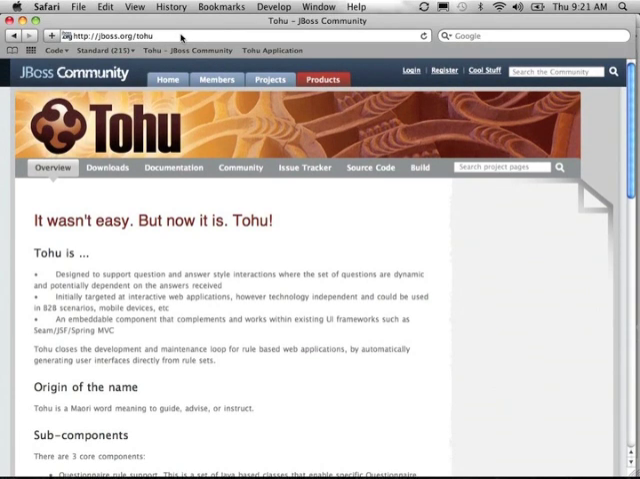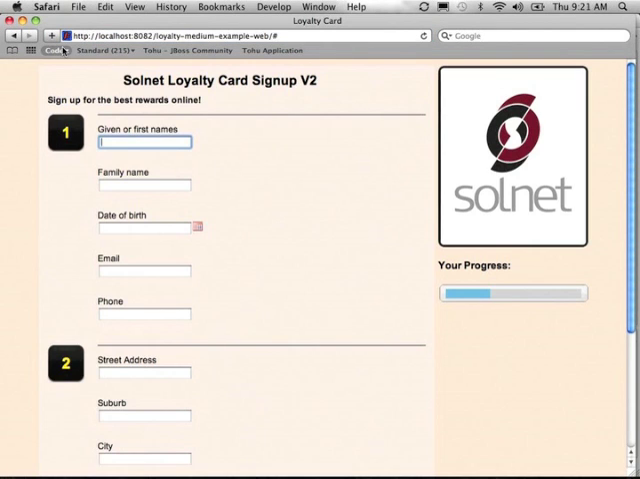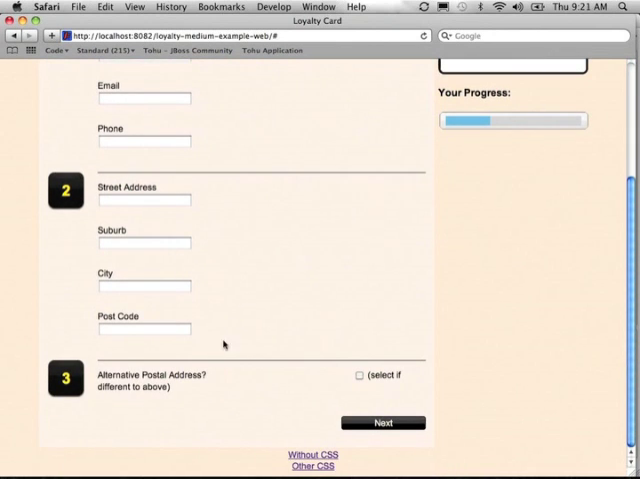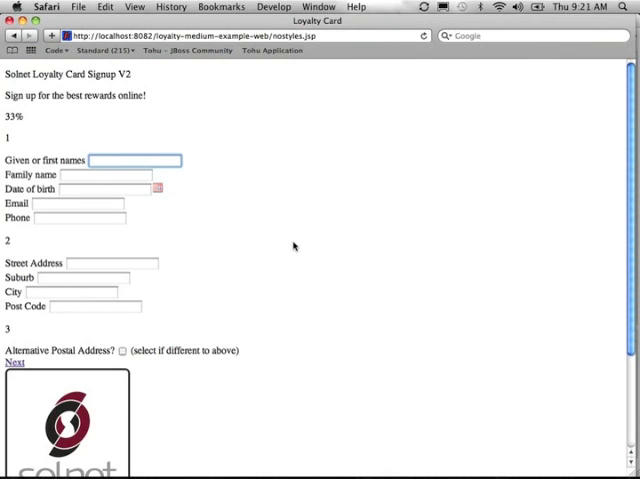The next example that I want to show is the loyalty medium card example. This shows 2-page screen navigation as well as style sheeting differences. So if we look on here, we can see that we've got a next button and progress bar. But one of the key things I want to show you is if you actually look at this without any style sheets. So this is what is being produced by the Tohu framework as HTML coming out of the rules engine. It's perfectly working HTML,